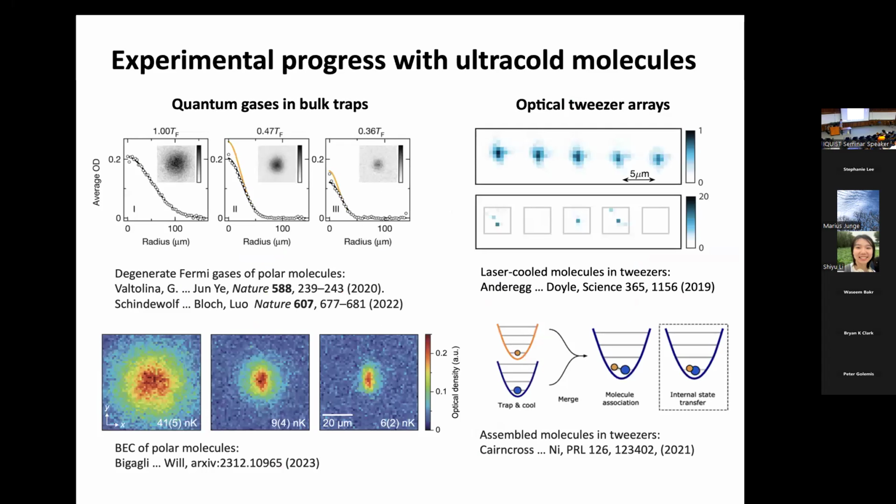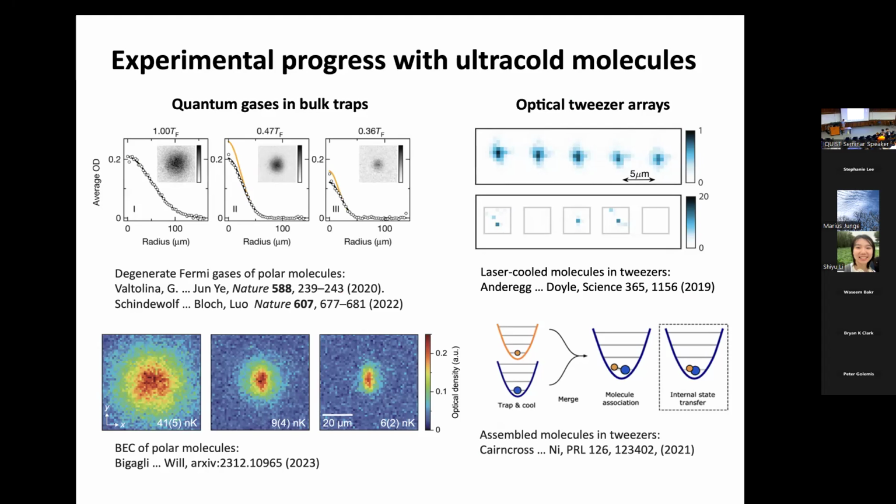Okay, so the challenge with working with molecules is that they're hard to cool. With atoms, we have powerful techniques like laser cooling, where you exert radiation pressure on the atoms to slow them down and get them cold. But with molecules, if you try to cycle on a particular transition and scatter many photons to slow them down, it doesn't work because you have all these different levels. As soon as you scatter a few photons, you fall into a different vibrational or rotational level, and that's the end of the story. Your laser is no longer resonant.